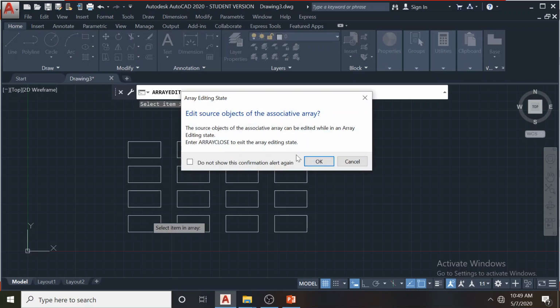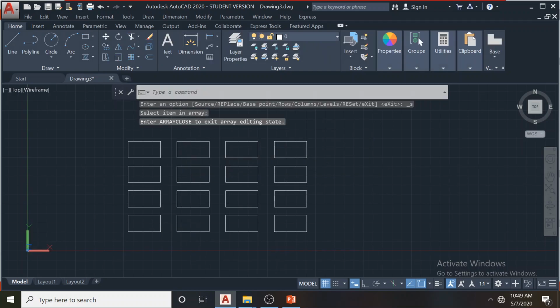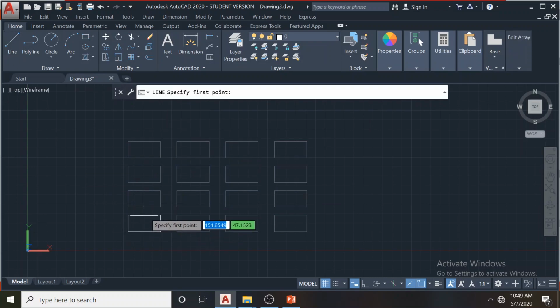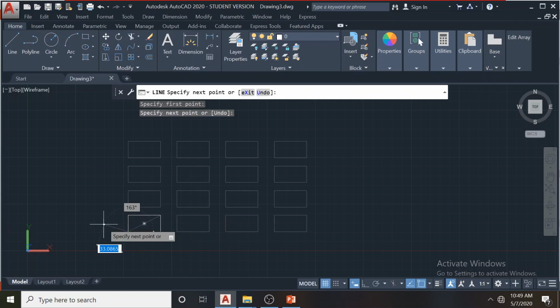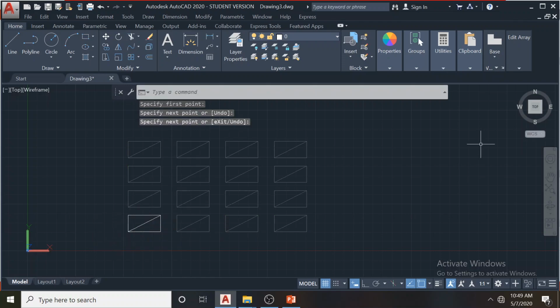Now it will give you this message: the source object of associated can be edited while in an array editing mode. Enter array close to exit the array editing mode. Just press OK. Now I can make a change, like this, and enter. Everyone will get the same editing.